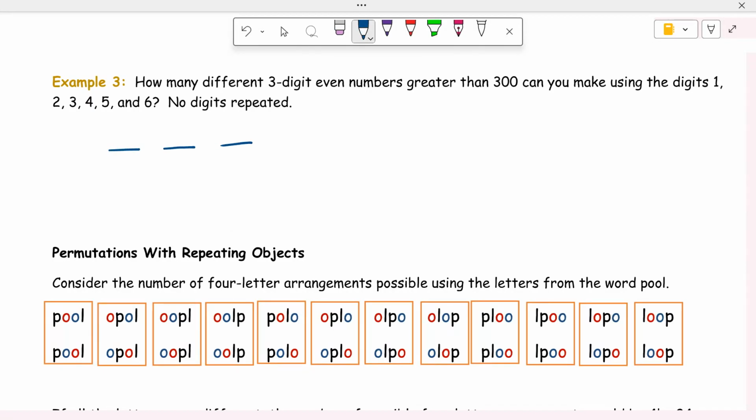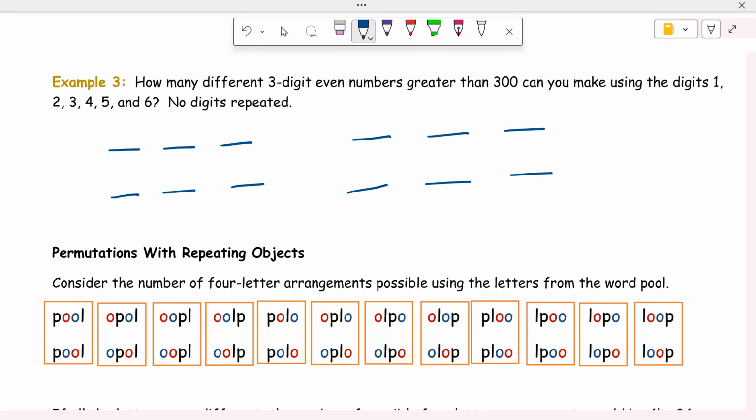Right? So how many different 3-digit even numbers greater than 300? So if it's greater than 300, actually I'm going to show you the cases for this. Otherwise I lose students if I go right to the little trick. Okay, I'm going to actually do the cases because there's not that many, in the sense of if it has